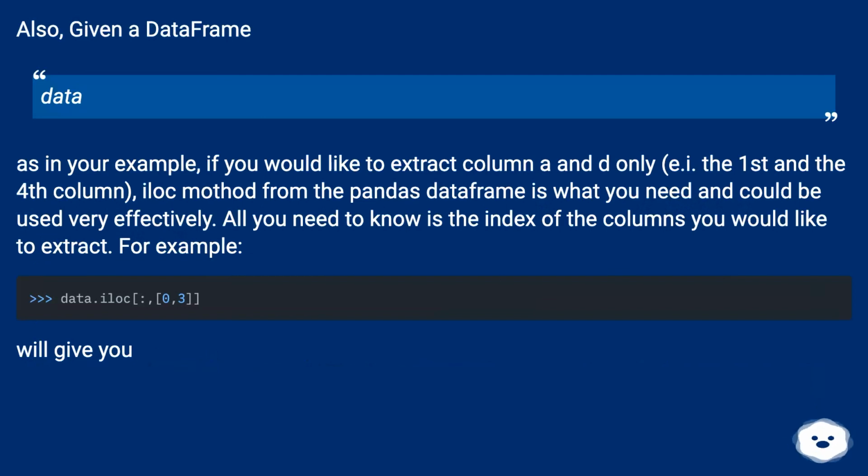Also, given a data frame, data, as in your example, if you would like to extract columns A and D only, i.e. the first and the fourth column, the iloc method from the Pandas data frame is what you need and could be used very effectively. All you need to know is the index of the columns you would like to extract. For example,